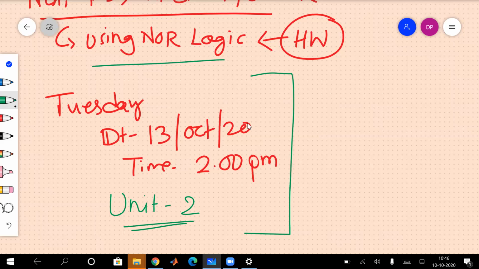So complete this part using NOR logic, how to realize all the gates. Any queries? Sir, will there be any